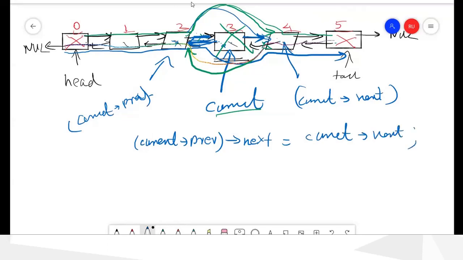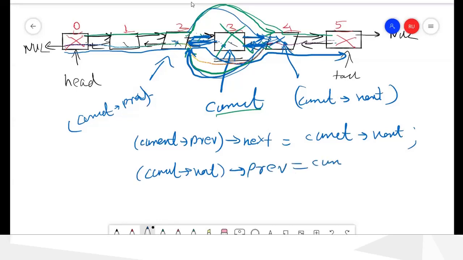next, and then we have to access this link and remove it and put it into here. So this one is current next, that one's previous node should go to here, which is current previous.